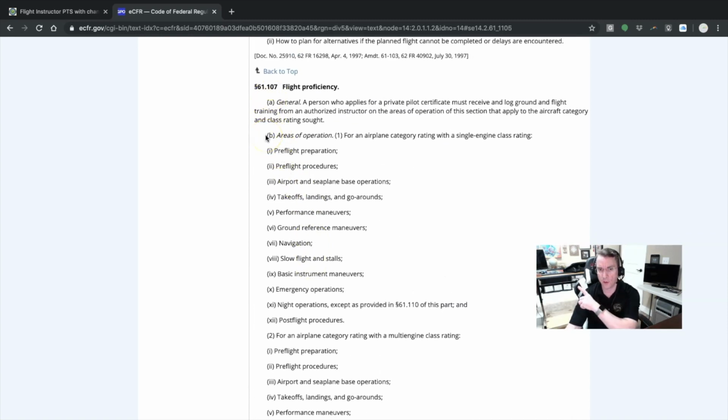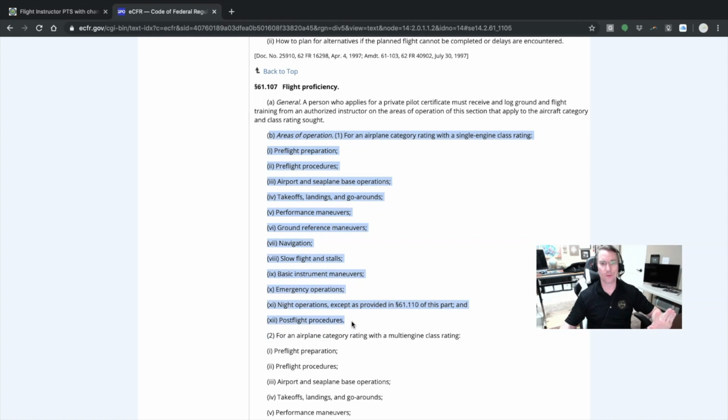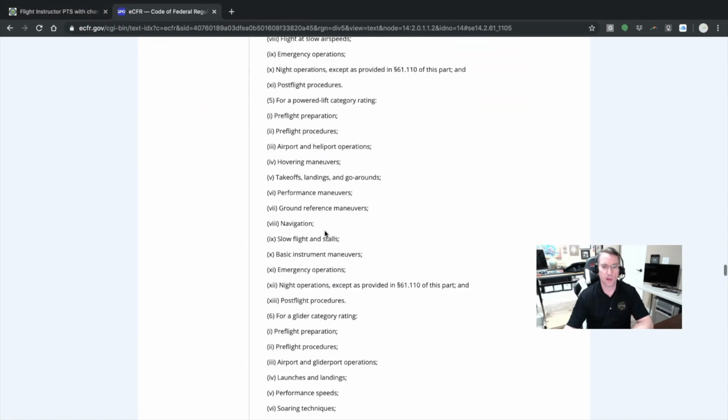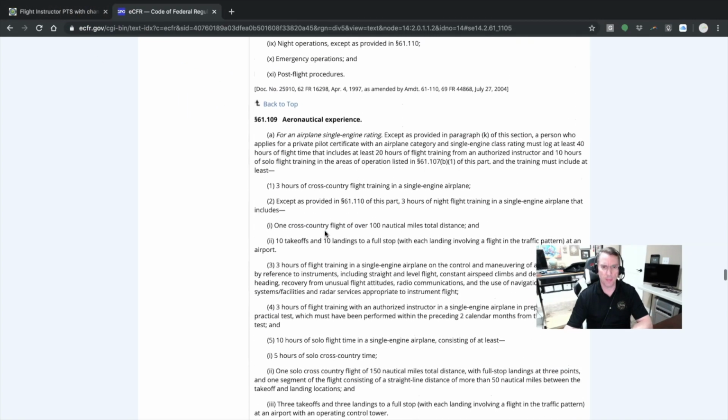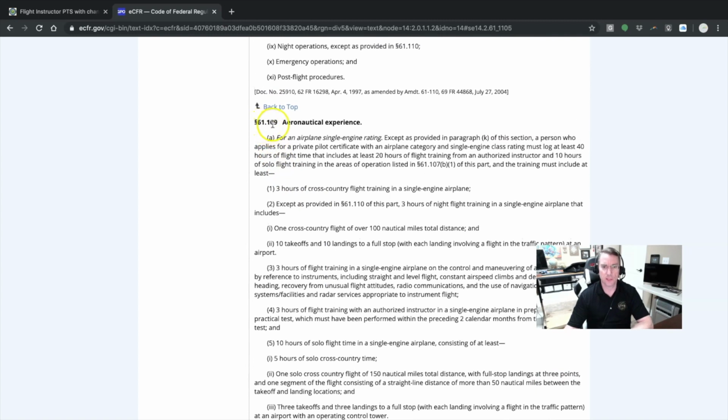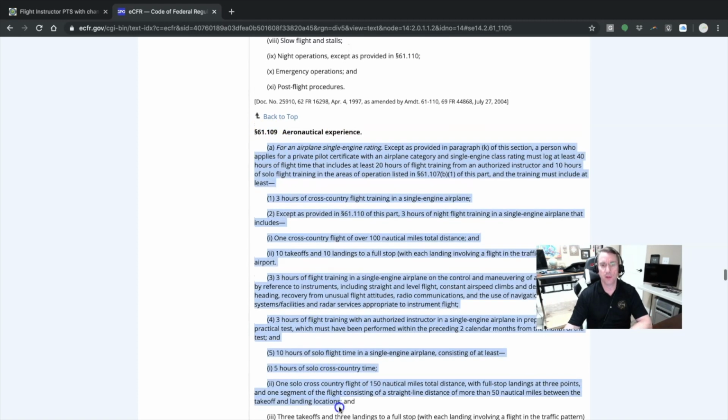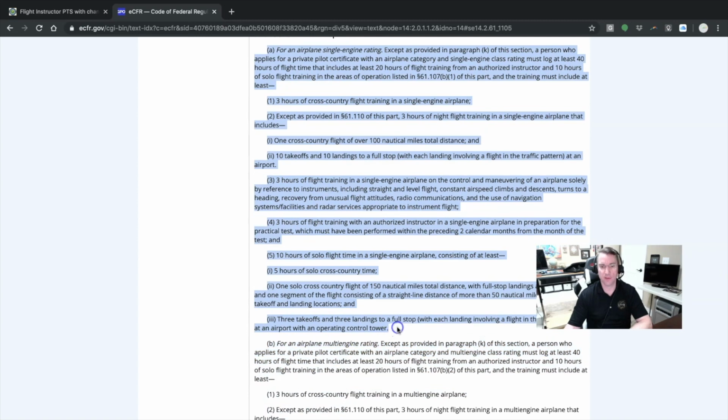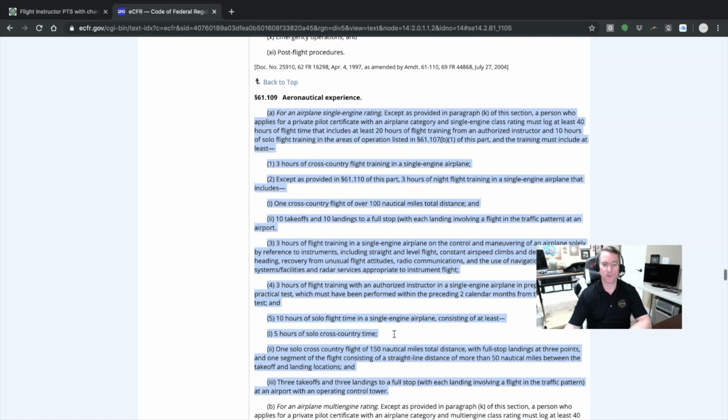But remember, it's only Bravo 1 that applies to you, so only those items. You can completely bypass the remainder of the reg. This is the only thing that applies to you. Don't make it complicated. And that is it. And then, of course, if we were to go down to 109, there is the requirement for the flight time. So again, 61.109A is the only thing that deals with the single engine. So from there down to there, you can scrap the rest of 109 because this is the only one that